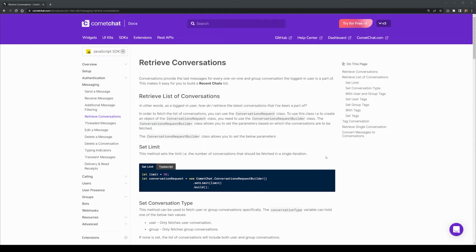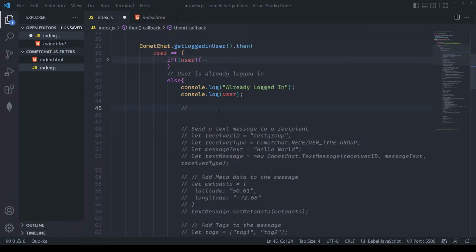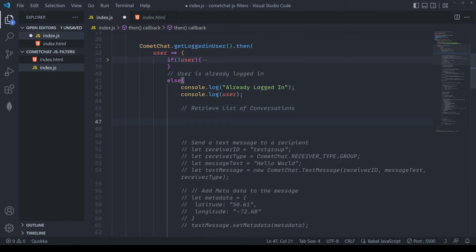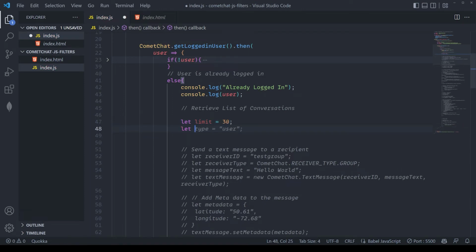Let's take a look at a working example of this. I'm going to open up VS Code with the project that we've been working on the last few videos, which you can also find in the description below. I'm going to retrieve a list of conversations, and to do this, I'm going to pass in two variables. The first variable will be limit, and I'll set this to 30, which we'll use shortly. The next variable will be the